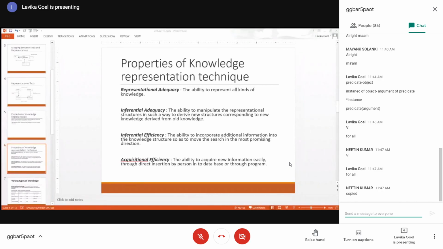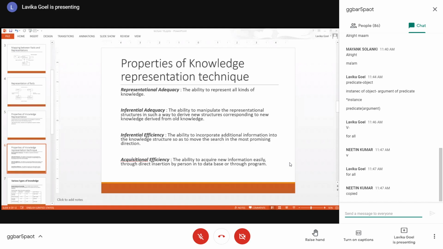Here, one thing I would like to tell you students is that there are different kinds of knowledge actually. We will study in the later slides what the different kinds of knowledge are. You have relational knowledge, inferential knowledge, inheritable knowledge, and procedural knowledge. So basically different kinds of knowledge are there.